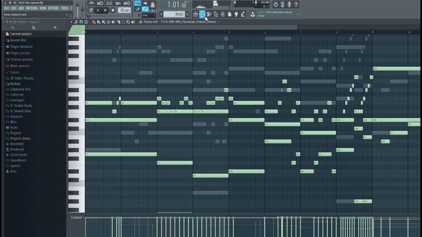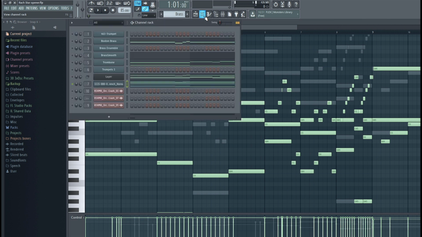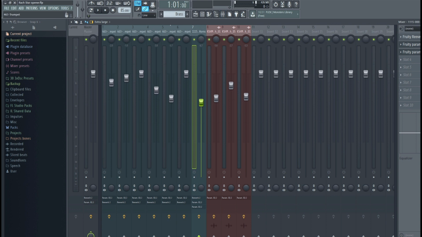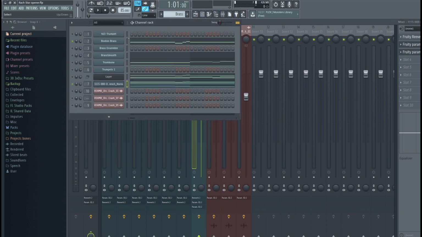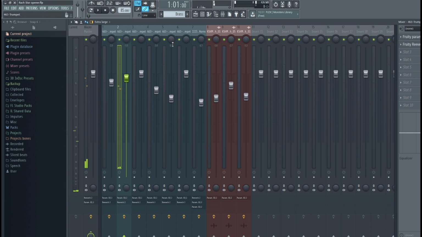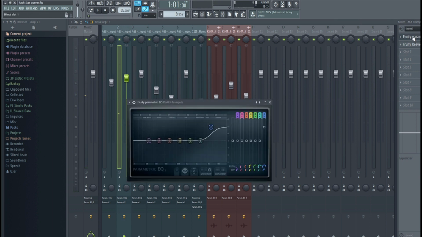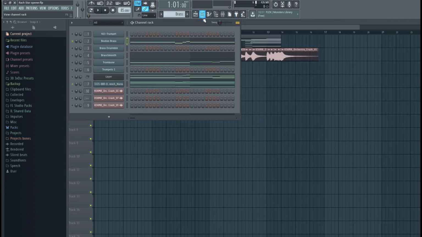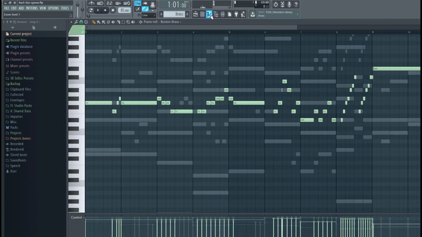So it's okay. It doesn't sound like the typical mellophone part that was in the actual show. So what I did was I took my Boston Brass, and if you go into the mixer, let's figure out which one this is. So it's this one here. I also upped the EQ a little bit more than usual, and that still sounds like brass, but then when you put it together with the French horn part,